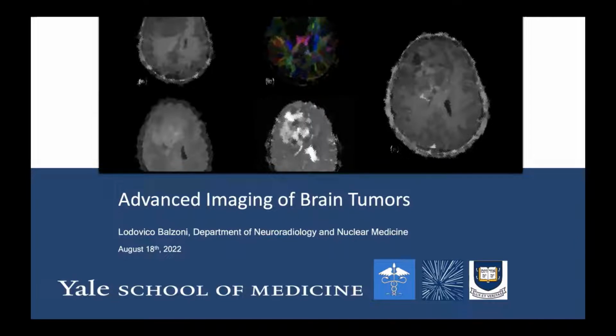So I will talk about advanced imaging of brain tumors and the three main projects I have been focusing on during these 2 months. I focused on PNETs, which are primitive neuroectodermal tumors, and particularly on MN1 mutated astroblastoma, which is a particular subtype of PNET. And then I focus also on other PNETs, which are the GBMs with PNET features. And then in the second part of the presentation, we will see new techniques for having a faster acquisition of